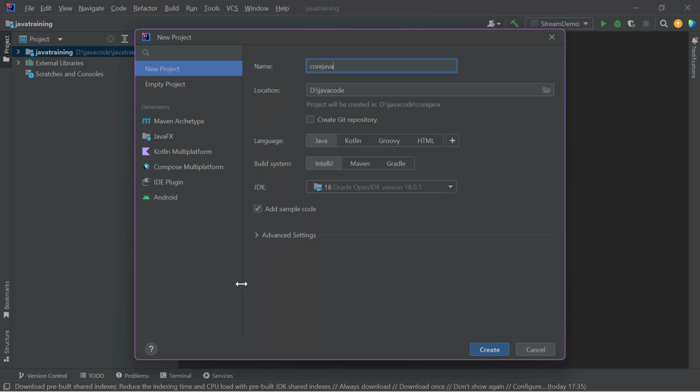Then the next thing is add sample code. By default, this checkbox won't be checked. When you are creating for the very first time, it won't be available. So what you will be checking? Why I'm doing it is, it will create one sample program for me. I showed you, right, when I opened the online compiler, that itself showed me one hello world program. It had written some code for me. A predefined program is already available. I didn't write any code, but the online compiler gave me some code, right?